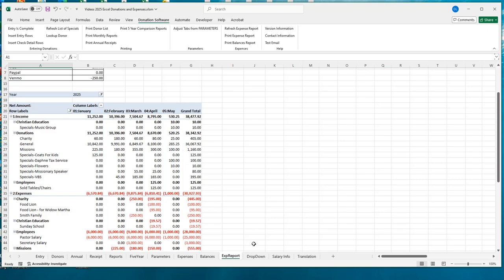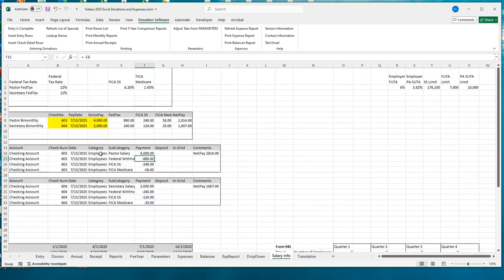So we'll put it in for our sample today. We'll put it in July. All right. So these then are going. Oh, sorry, we did this for the pastor. We'll do the same thing then for the secretary. Again, this is just a pointer back to the check number, the date, the gross amount, and that'll go